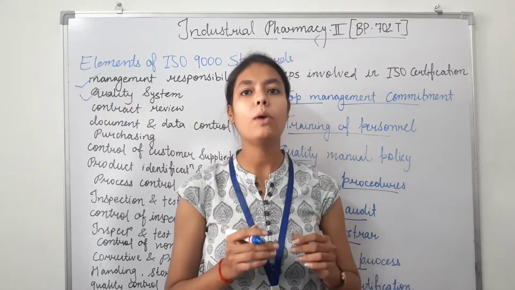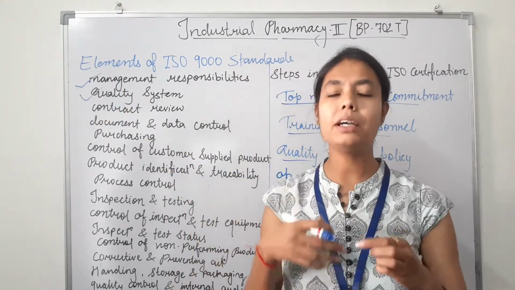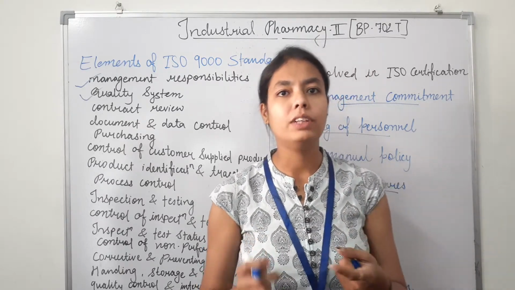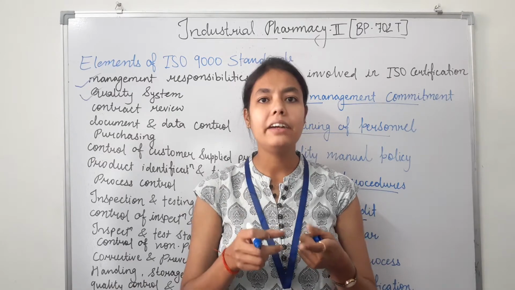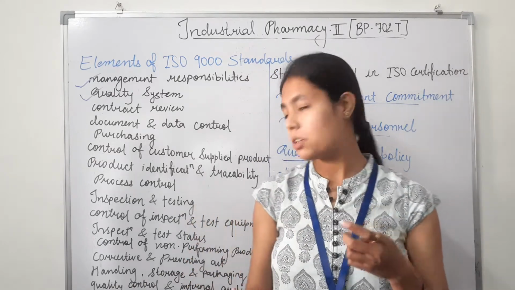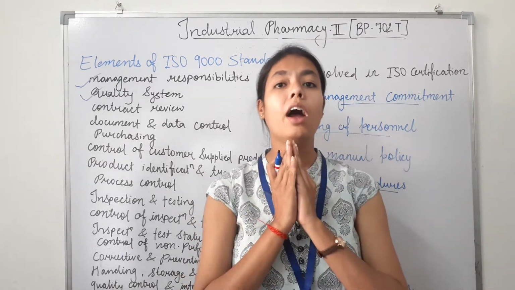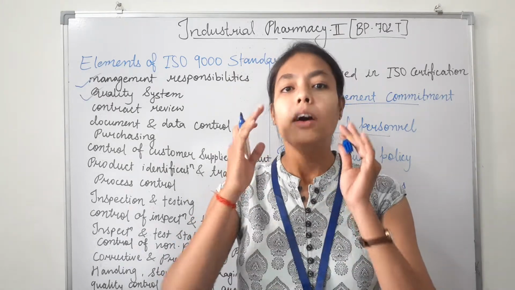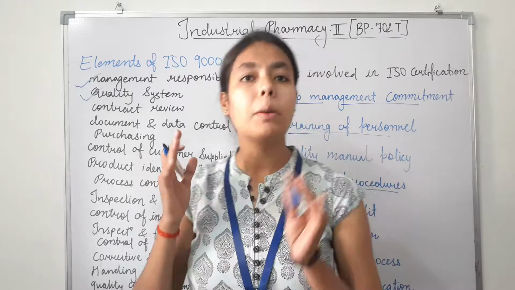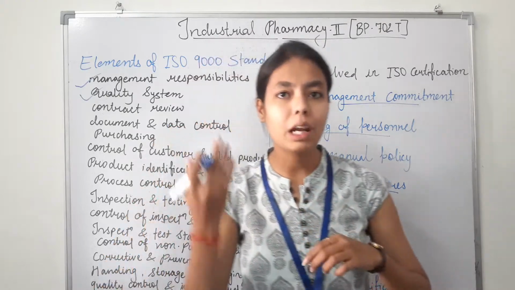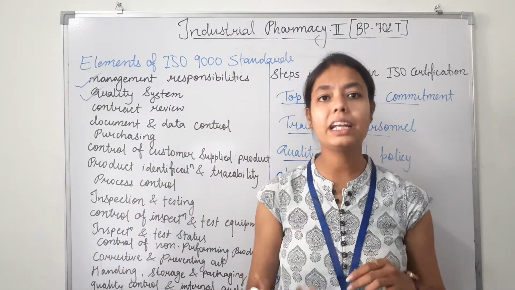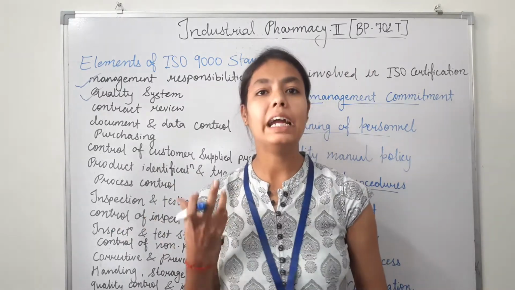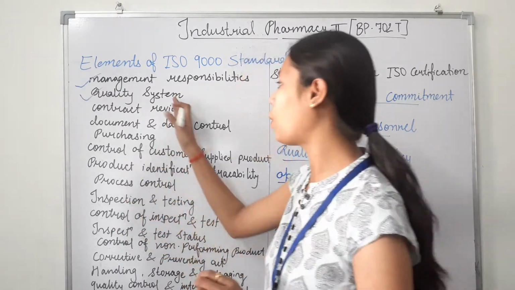If we talk about quality system, the quality system is understood to be an interrelated aspect of the supplier's need and interest and the customer's needs and expectation. We can say our product is a quality product when our product satisfies the customer needs and the customer expectation, then only we can say the product is of desired quality. So this is about the quality system.